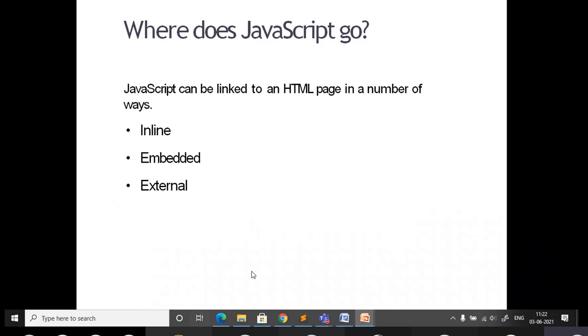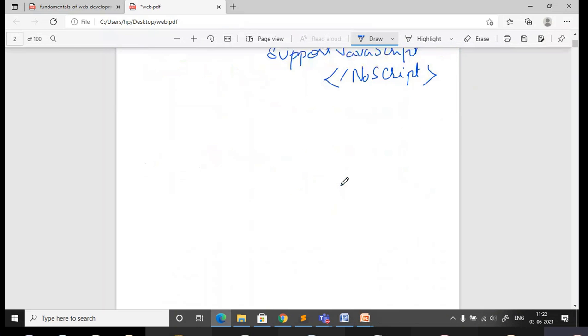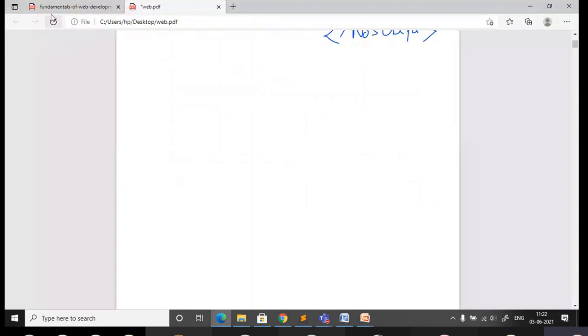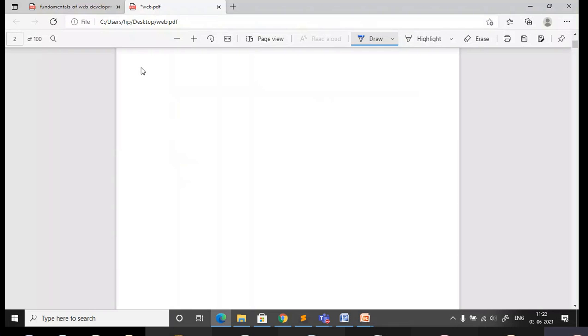These are the possible ways of writing JavaScript. If you compare with CSS, you can tell which is the best one. Which is the best practice to use out of these? Can somebody answer? Because you people have already studied CSS, you should be able to tell which method is best.